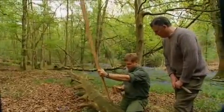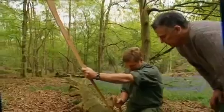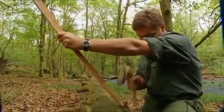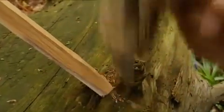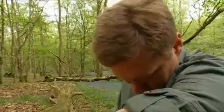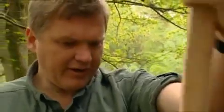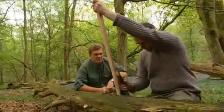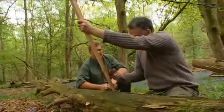These tools are used very much like this in the hand here, and they are surprisingly effective. I think the secret is to get the taper right from the tip and then work it further up. With my knowledge of flint tools and Chris's bow making skills, we should make the perfect combination. But it does give you quite nice refined trim. You need to get the feel of the angle of the...